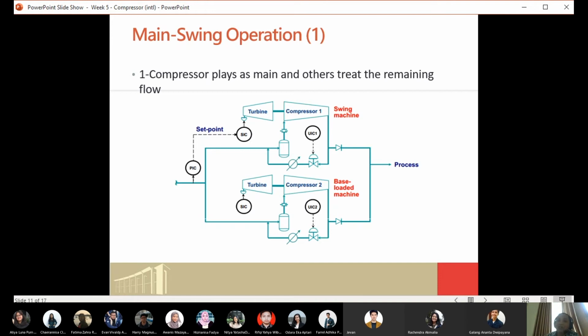So sometimes the operation is less reliable compared to compressor number 2, which is the new one. So this is the first philosophy of the operation, which is called the main swing operation.